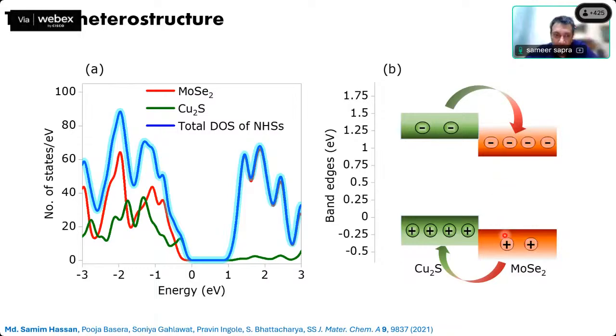So if you excite these materials or you have electrons and holes in the materials, then the electrons in the conduction band would like to flow towards molybdenum selenide and the holes in the valence band would love to go towards cuprous sulfide. So there's a built-in electric field in the material already. This is the type 2 kind of material, so there's a flow of charge that is naturally decided in what direction it will go. So there's a natural charge separation, which says use these materials for applications like photocatalysis, photovoltaics, or